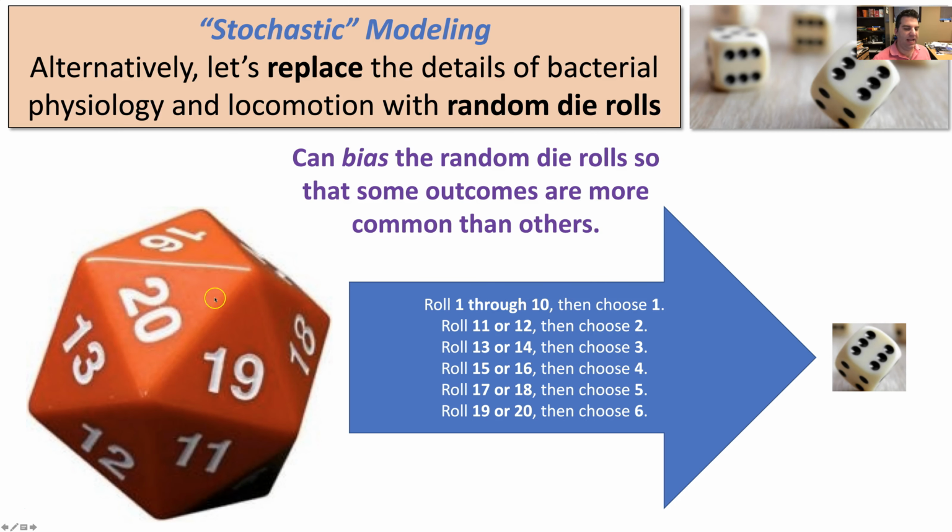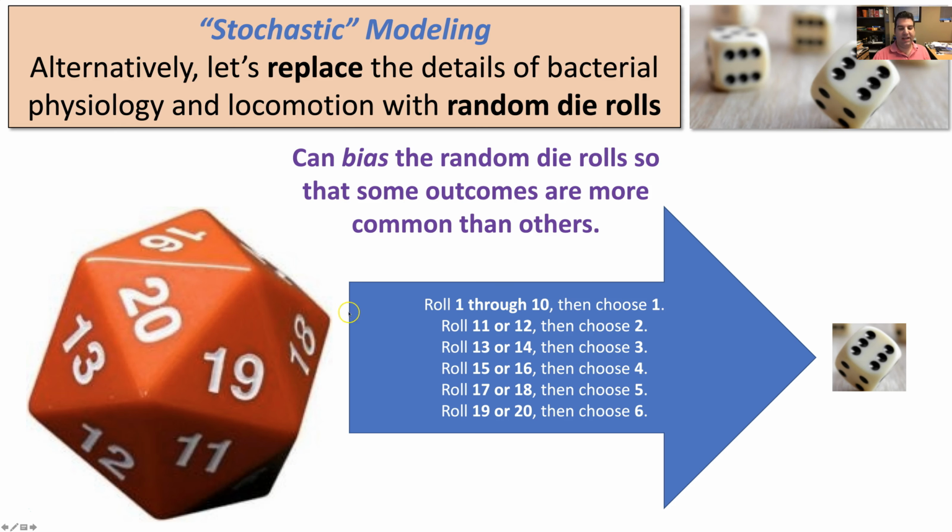Well, it turns out that if I take, say, a 20-sided die like the one you see over here, and then I just create a mapping to simulate a 6-sided die like the one over here, I can actually get whatever biased distribution I want, even though I maybe started out with an unbiased distribution. So this is one of the interesting tools of stochastic modeling: if you have a uniform distribution, so in this case this 20-sided die gives me an equal probability of getting any of those 20 outcomes,